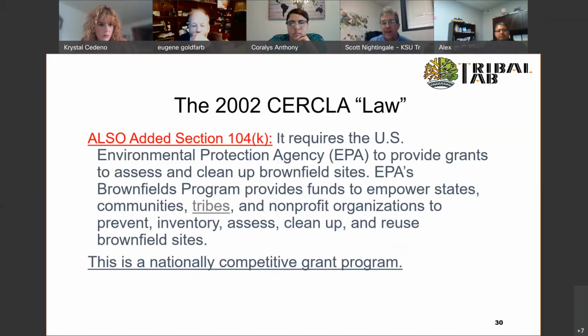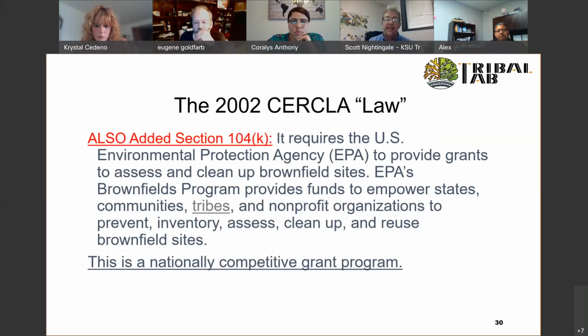One good thing about it is for the assessments, they're starting to realize that not every community has the capacity to do a full grant for assessments, and they're allowing what they're calling coalition assessments, where maybe one community that is a little stronger in environmental grants can be the lead, and then some others can jump in.